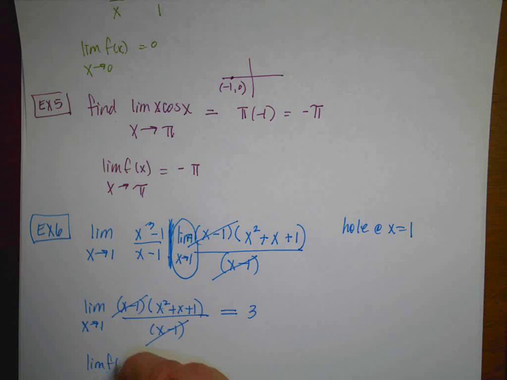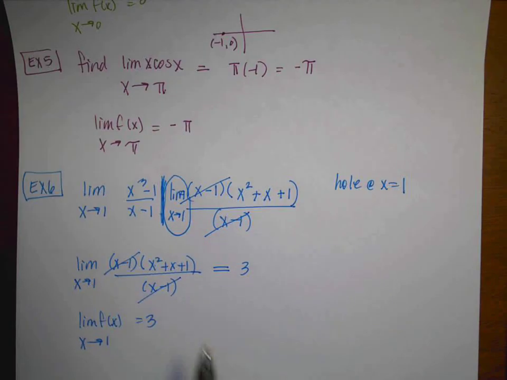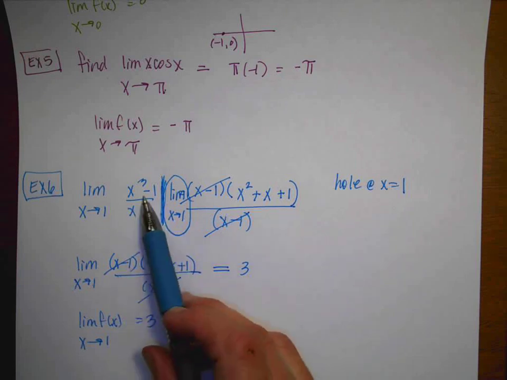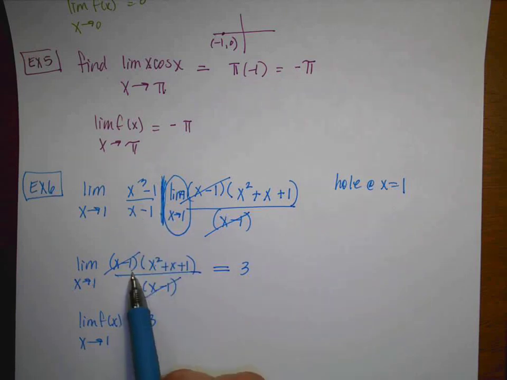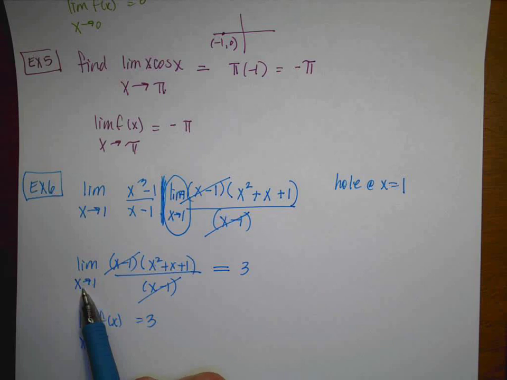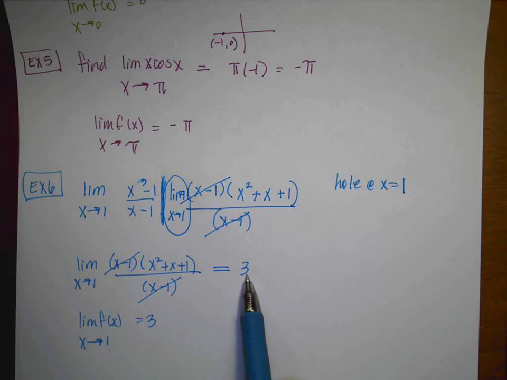1, 1, and 1 is 3. And then I can write my conclusion statement. The limit of the function as x approaches 1 is 3. So our analytic work is going to become a little bit more entertaining. But if you choose to factor something, you have to show it, and then you have to carry this notation until you are completely done and do the direct substitution. And then you need to write your